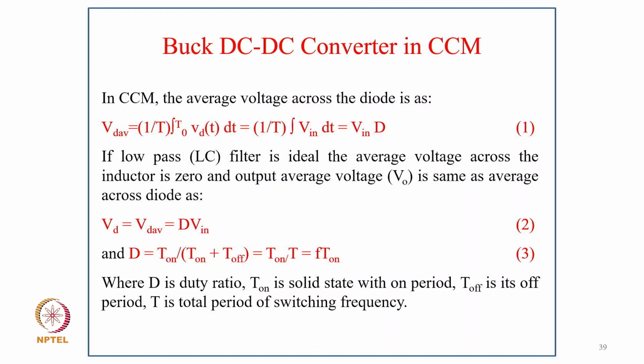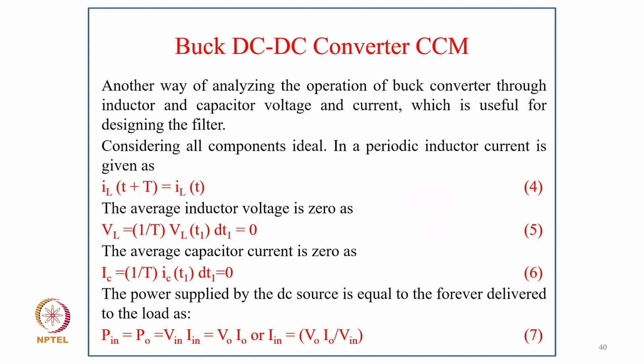So where D is the duty ratio, T on is the solid state switch on period, T off is the off period, and T is the total period of the switching frequency. Another way of analyzing the operation of the buck converter is through the inductor and capacitor voltage and current, which is used